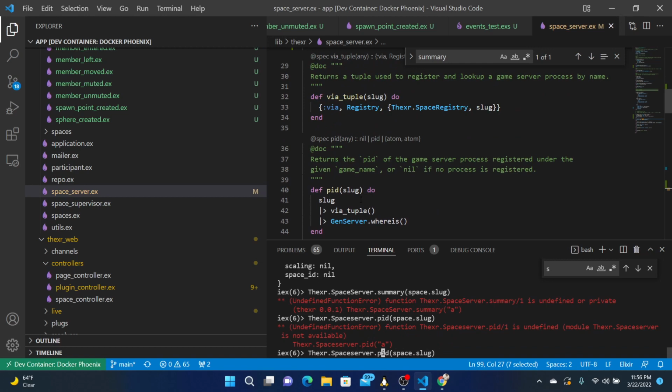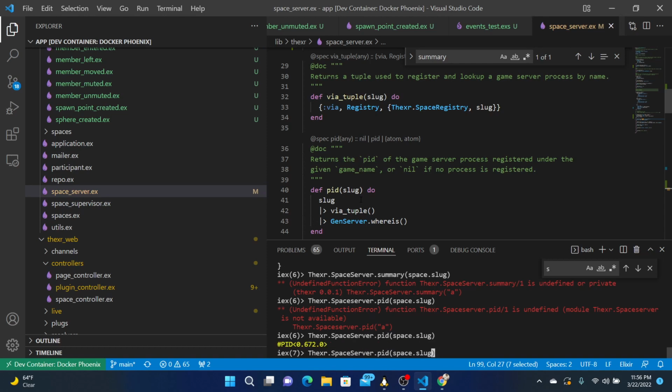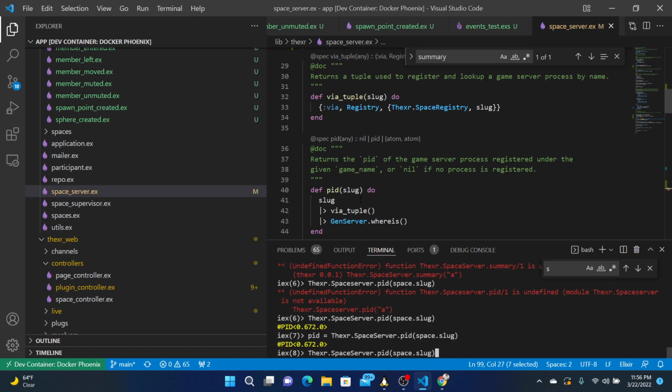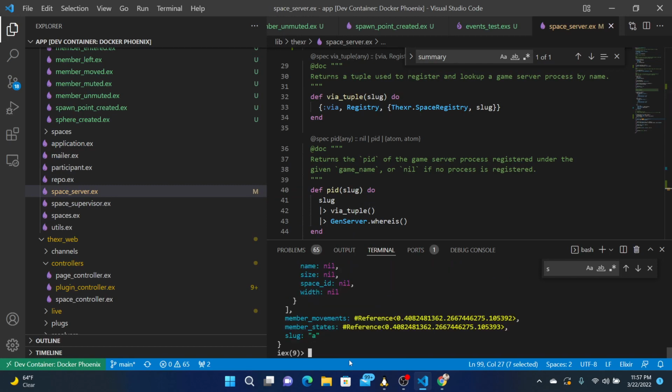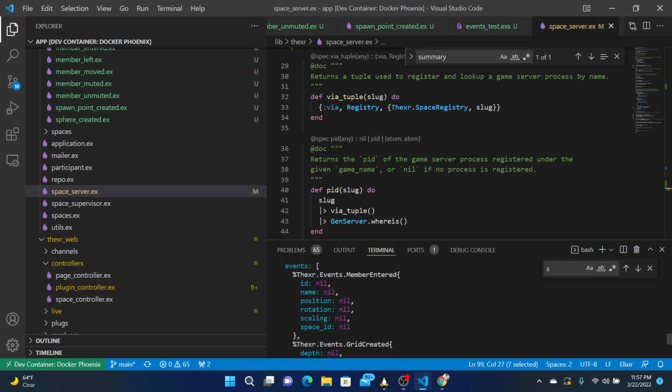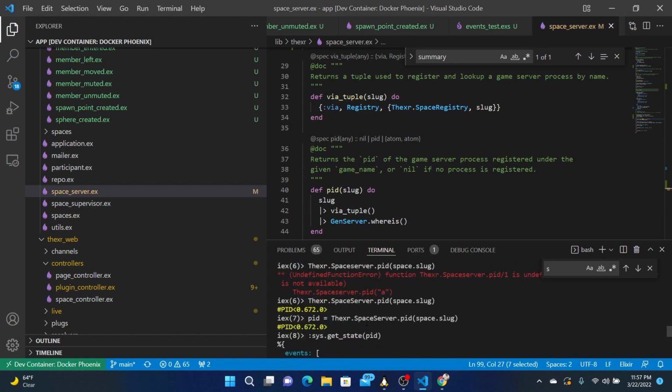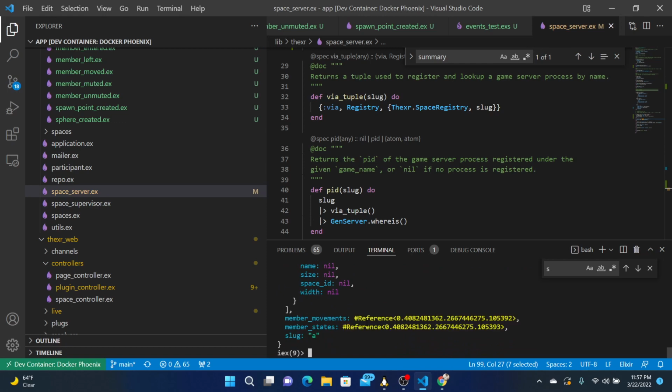Oh, space server. Okay, this gives you a PID. And then you can do sys dot, what now, get state with the PID. And look at that. We have events. Number entered. Yeah, the latest is at the top. So you would have to reverse this in order to stash that someplace else.